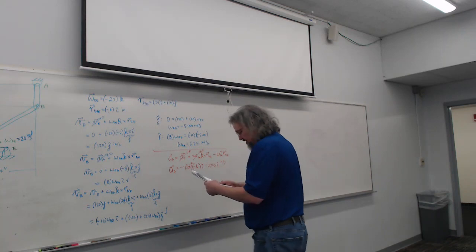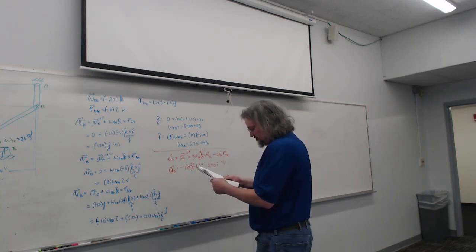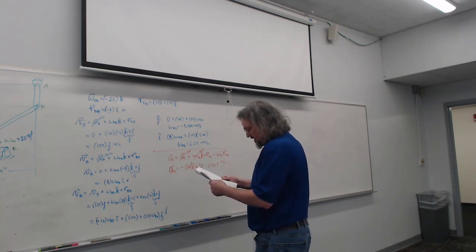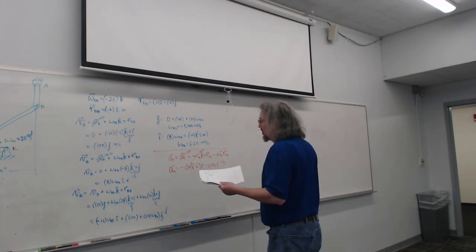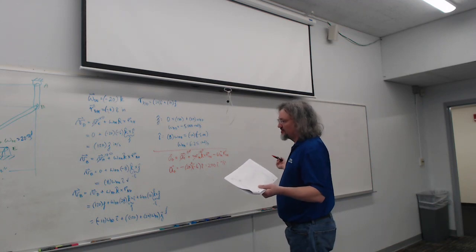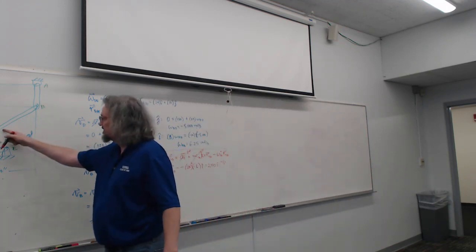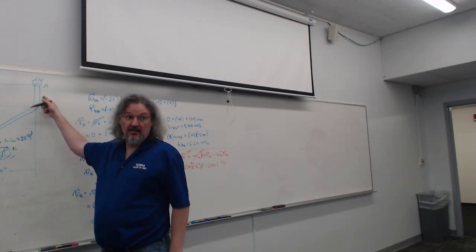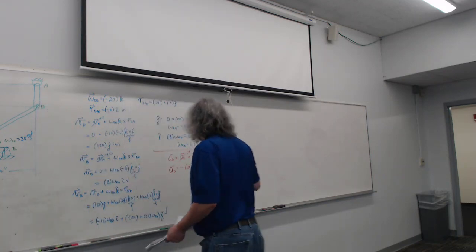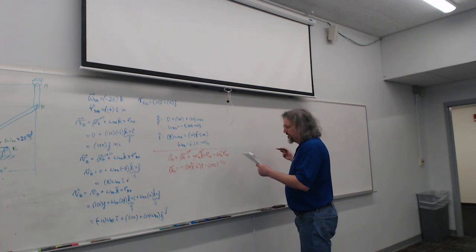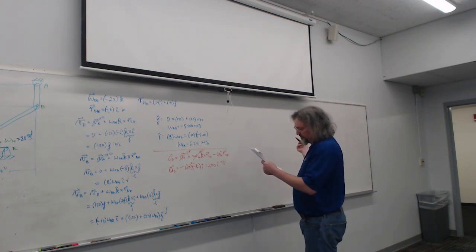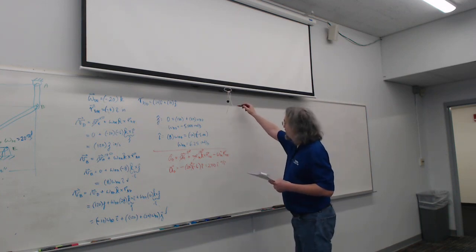And now we have to decide about BD and AB. I think it might be easy. You could do either one, and then you're going to have to stop because we have two things we don't know. We don't know the alpha of this, and we don't know the alpha of that, the angular acceleration. So either one you can start with. So I guess I started to go with